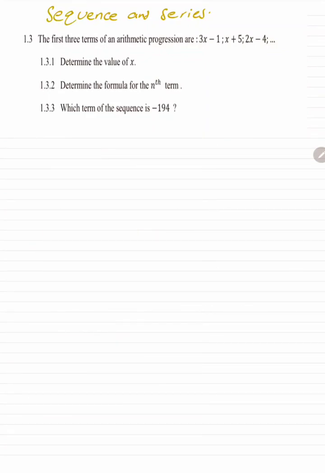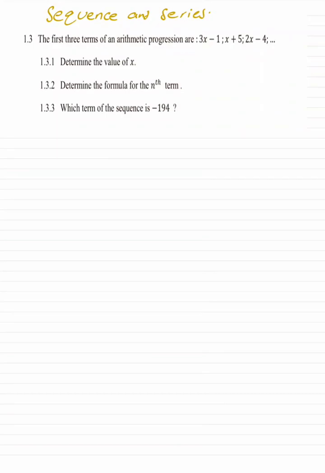Okay, so let us answer the question. The first three terms of an arithmetic progression. Arithmetic progression is just a sophisticated way of saying arithmetic sequence. So it simply means that this thing will continue in such a way that when you take T2 subtract T1, you get the same thing. When you take T3 subtract T2, you get the same thing, and so the story goes. So since we are told that it's an arithmetic sequence,